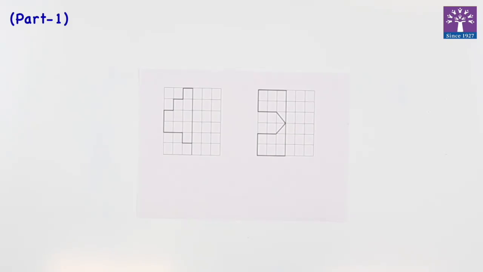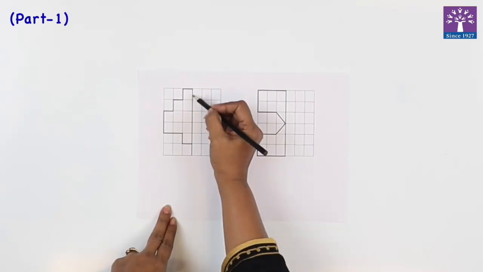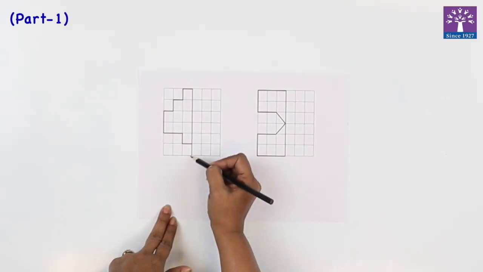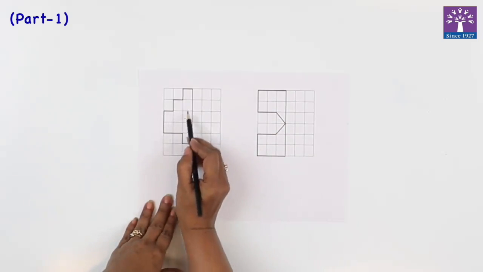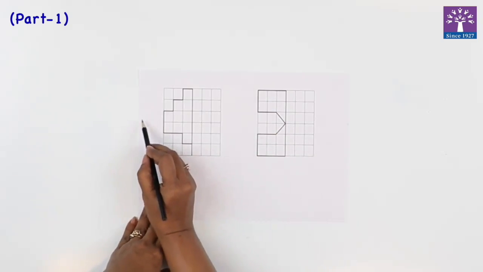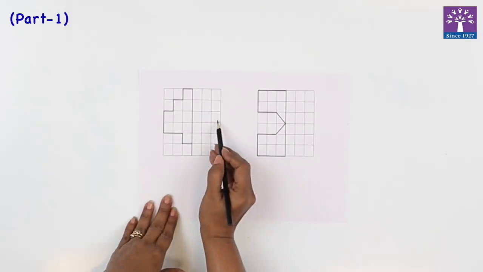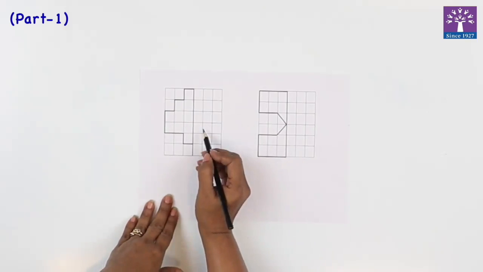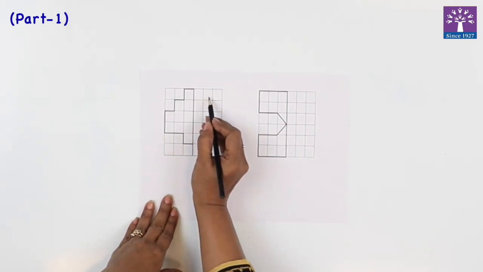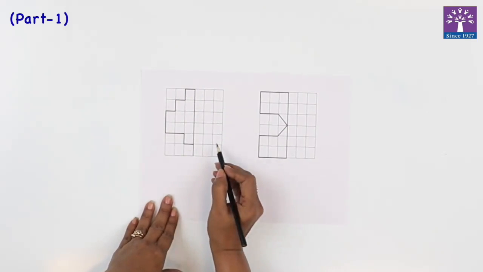Now reflection. What do you mean by reflection? When you see yourself in the mirror, what do you see? Yes, you see yourself. We are going to draw exactly the same. It's a reflection. Can you see this dark line in the center? Let's assume this to be a mirror line or a center line. So when something is there on the left hand side or in front of a mirror, the reflection will be the same on the right hand side. So let's learn how to count the squares and complete this drawing.